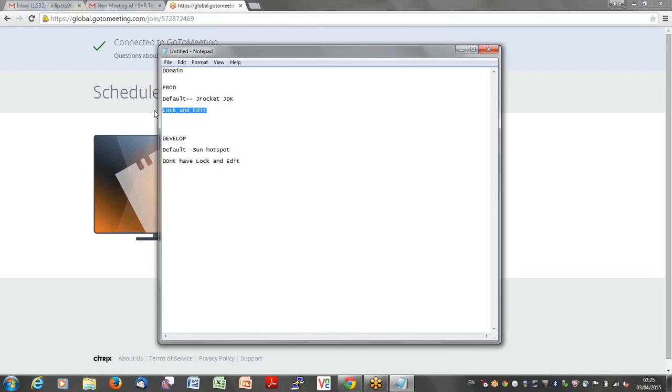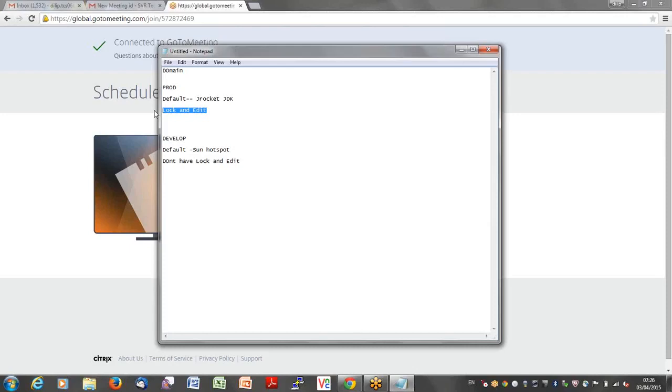But in WebLogic, in the production domain, using lock and edit, you can avoid most configuration-change restarts. So if you change the port number of a server, there is no need to restart the server. Using lock and edit, change the port number and the server will load the new configuration without any issues. This is called lock and edit, and it is very useful in production boxes, because if you restart the server, it will take 20 to 30 minutes. That is an outage for you, right? That can be avoided using lock and edit.